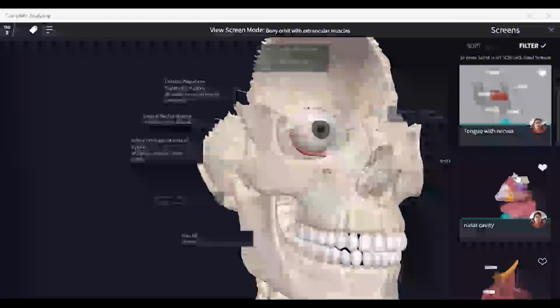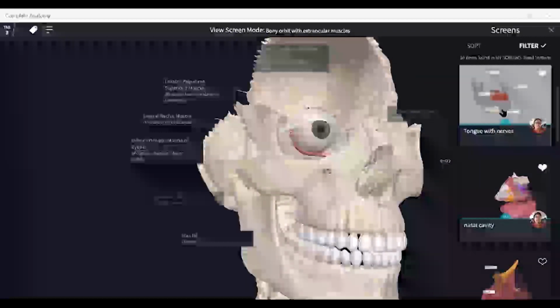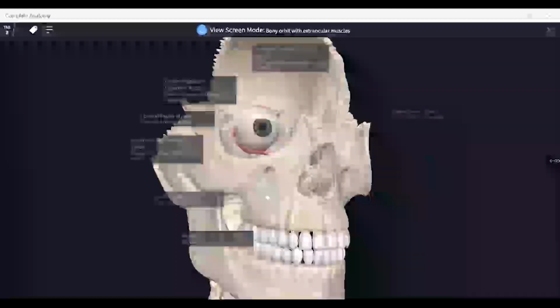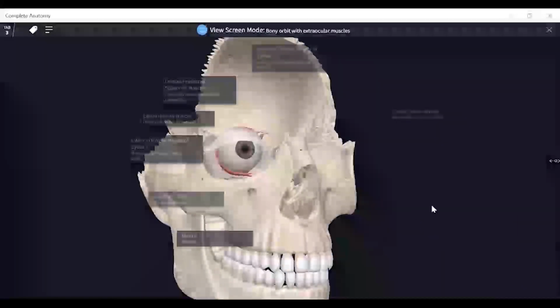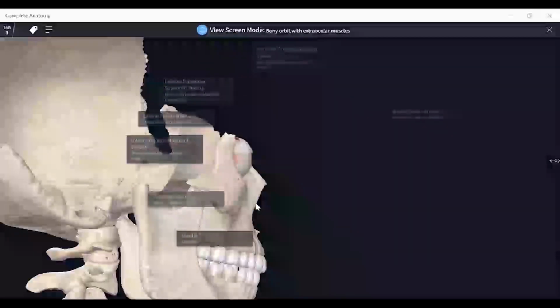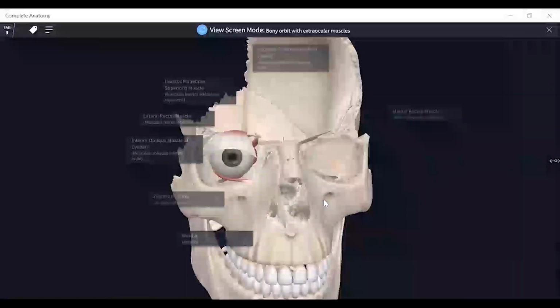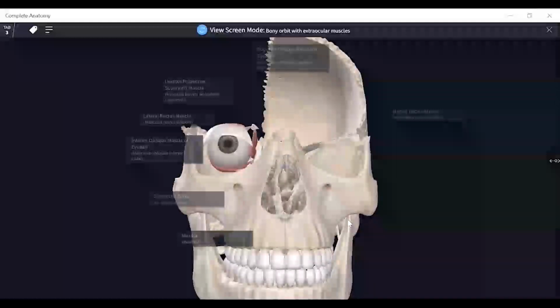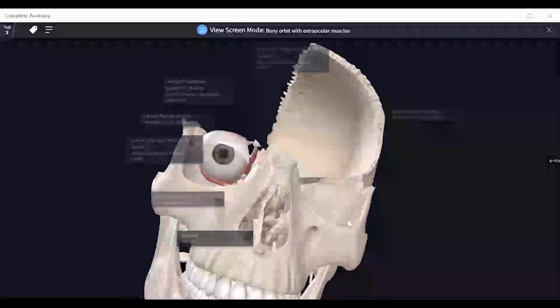These are the various screens which are on your right hand side, you can see the screens. These are the various screens which I just prepared. Once I click on the model, this will disappear. So I can rotate this model, move it up and down, and if you are using a tablet, you are able to rotate the way you like to see it.